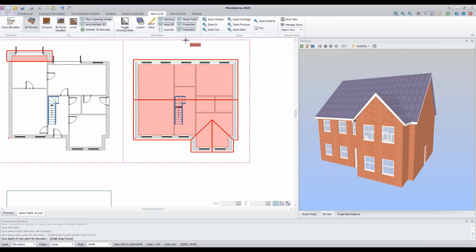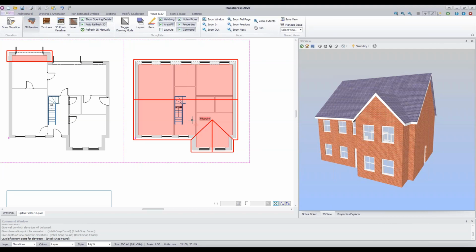So click to place that observation point. So now it's asking for the depth of viewpoint for the elevation. So if I'm standing here in the garden looking at the back of the house, the depth of the viewpoint wants to be, again, beyond the roof ridge. This will ensure that the entire roof is included in the elevation. So click beyond the roof ridge,